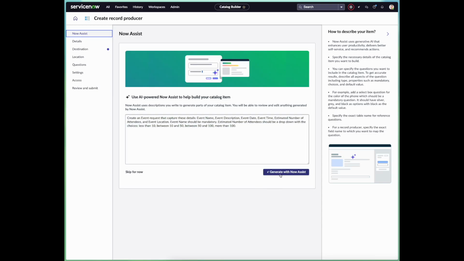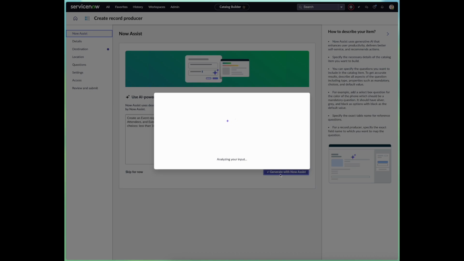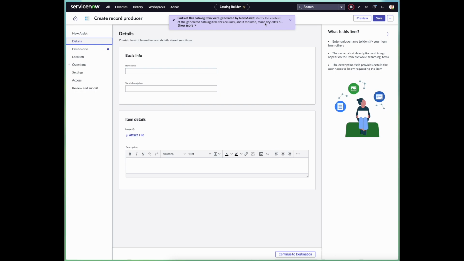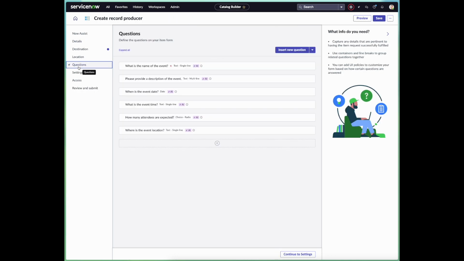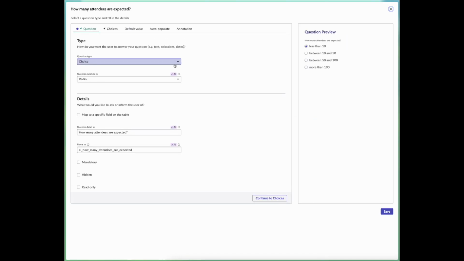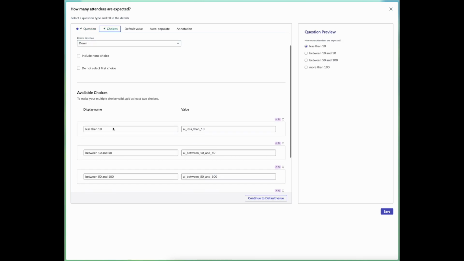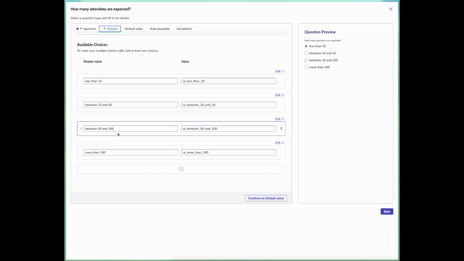Once I've done that, I simply have to click on Generate with NowAssist, and it will generate the record producer or catalog item for me. It will not only create the questions, but as well the automation and information behind it. So for example, you remember, I asked the name of the event to be mandatory. We remember that we had a choice list for the number of attendees with 4 options: less than 10, 10 to 50, 50 to 100,